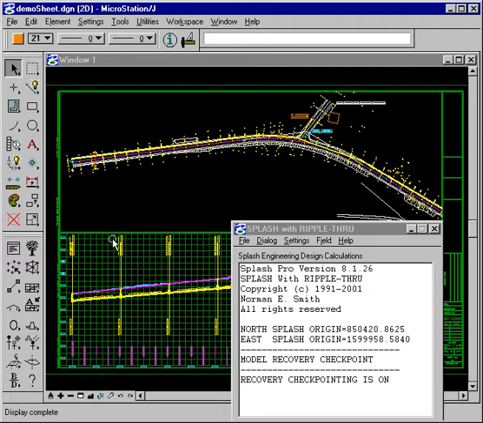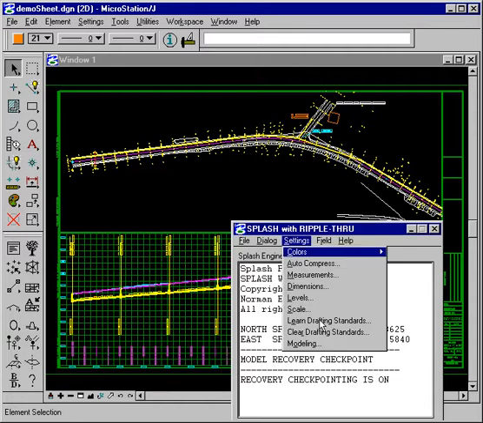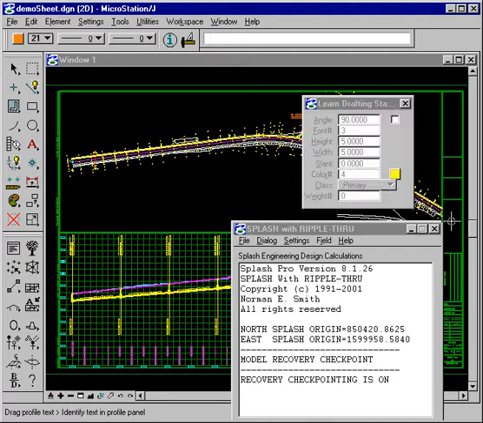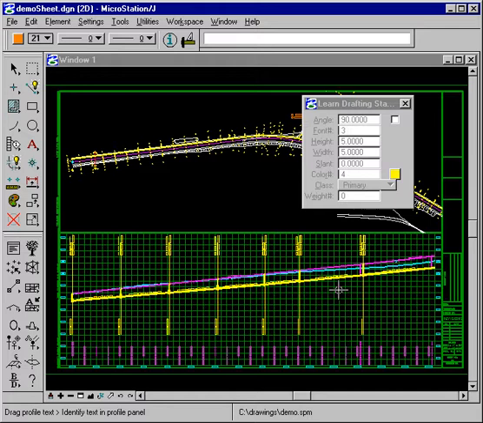Throughout the demo, Splash has drafted the profile panels according to a default standard provided with the software. This standard would rarely match your standards or your client's standards. Splash has a powerful feature called Learn Drafting Standards, which we use to teach Splash how